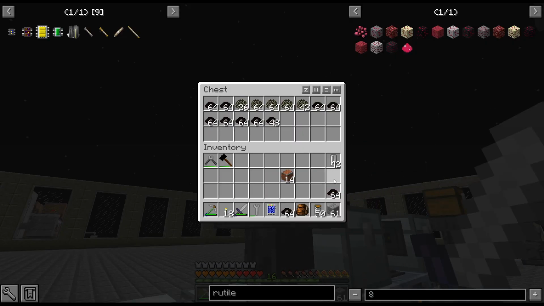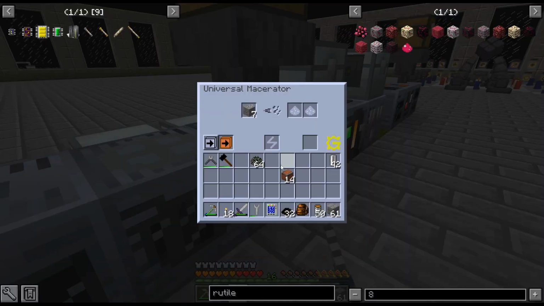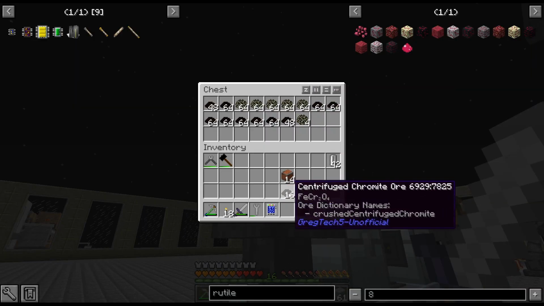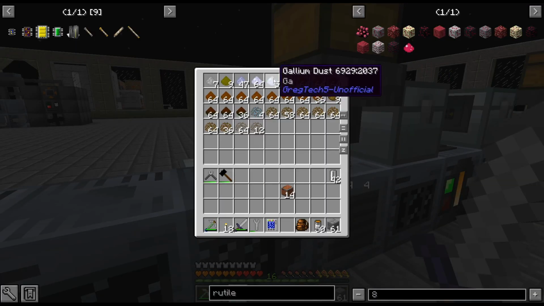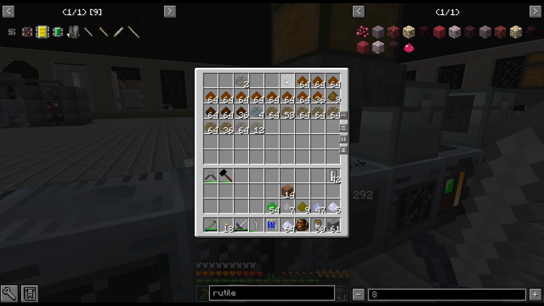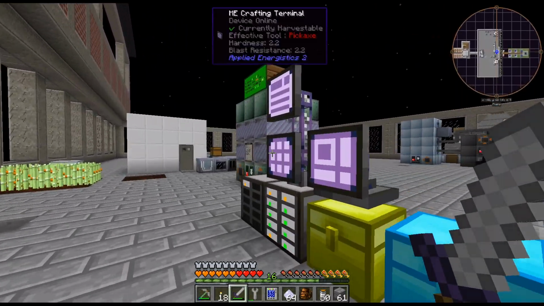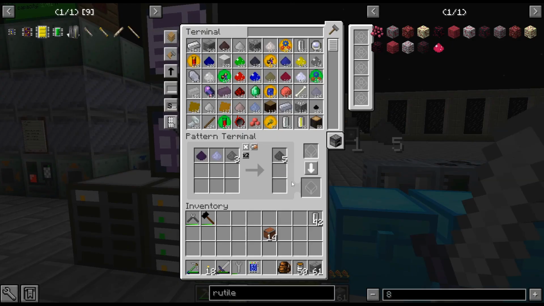So I'm actually going to throw all this in here. I'm going to switch to that, and once that's done, it'll do the centrifuged chromite stuff. But as we can see, I am processing a whole bunch of stuff. Gallium I can take out, nickel, sulfur, iron, uranium, getting a whole bunch of stuff. Iron we can smelt. The rest is just going in our AE system at this point, although I do need nickel. Why don't I have a...